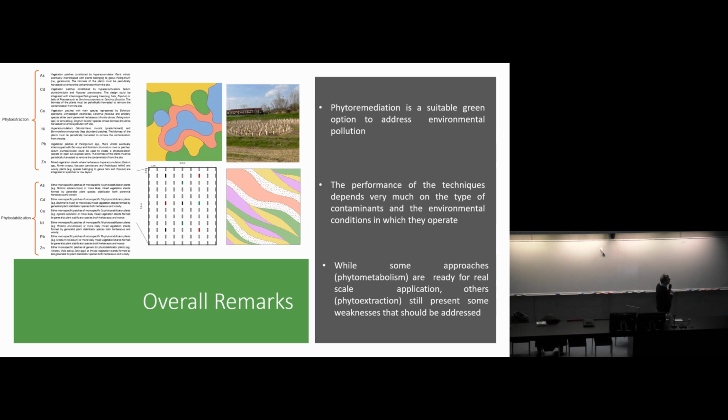And so I would say that, taking into account this small picture I gave you, phytometabolism is still one of the best choices that you have, and something that you probably can adopt right away now without any risk. Phytoextraction is still under, let's say, construction, because we still have to fix some problems. Also, it's very interesting to underline, to highlight the fact that scientists today are also concerned about other aspects that up to now were not